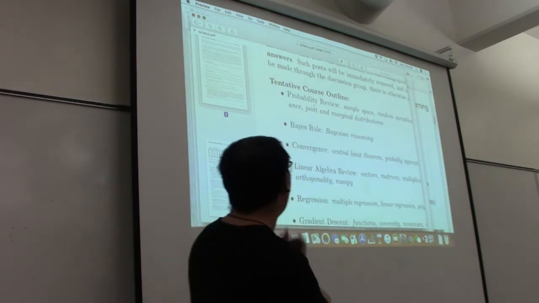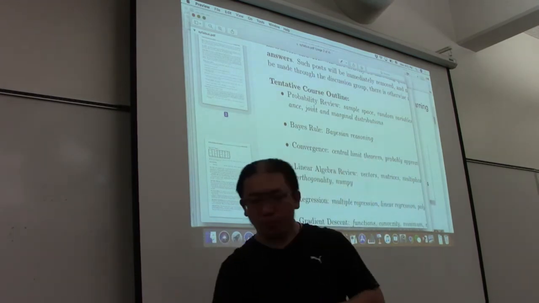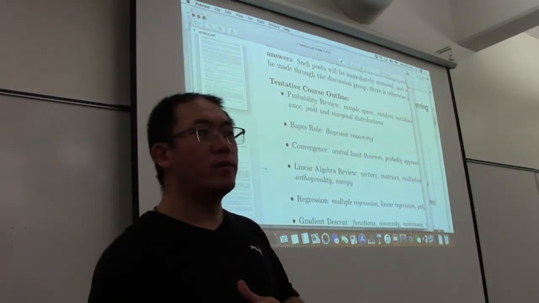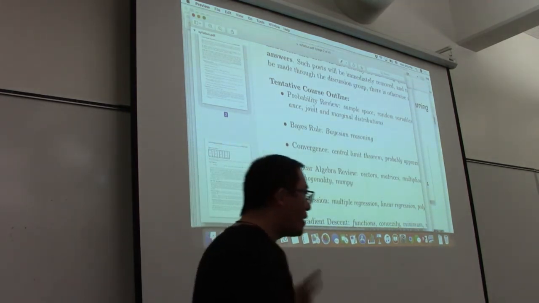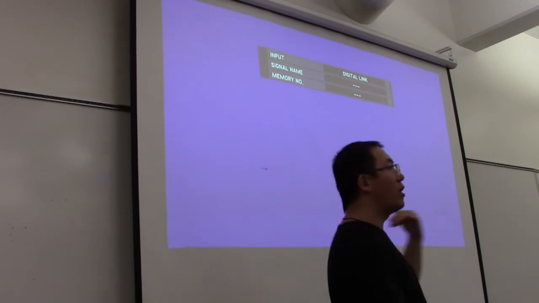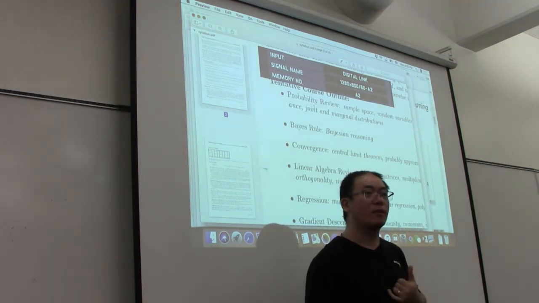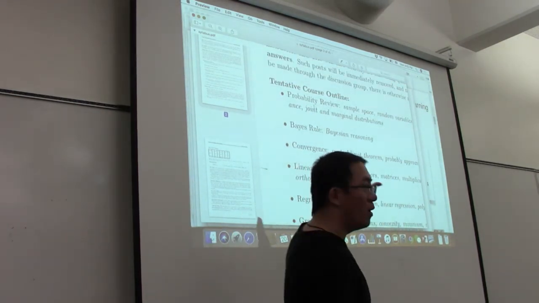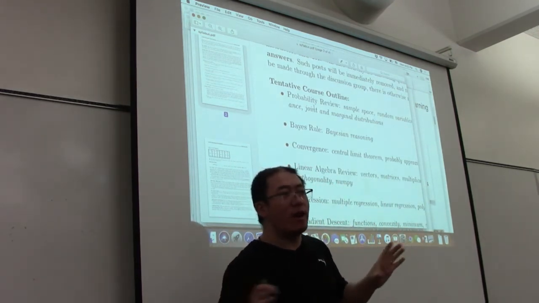So this is about the probability review. And then we'll look at the Bayes rule. How many of you have heard of Bayes rule? Okay, good. In a basic introductory course, especially in statistics, Bayes rule is a calculation rule to compute the posterior distribution, or to compute a conditional distribution, like given A, what's the conditional distribution of B? But here we'll explain Bayes rule from a different perspective, that is how it plays a role in data science and machine learning.